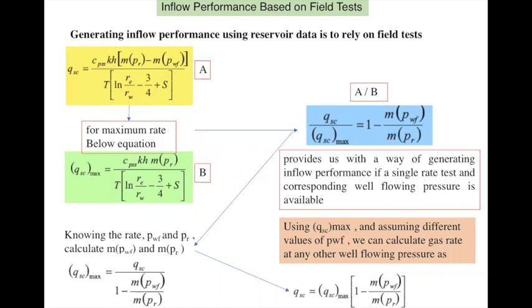Single point test means once you have the value of PWF and QSC, then you can find out the QSC max. So the well may be produced for a certain time and the pressure drawdown noted. Okay, so only one data point will actually help you to get the deliverability curve. Now we'll see by a numerical how we can do it, but here you try to understand that QSC max we can calculate using the equation on the left hand side.